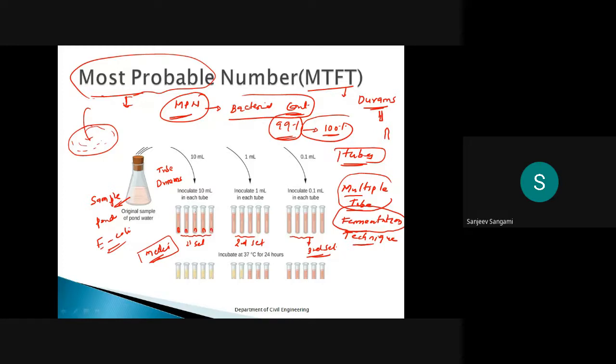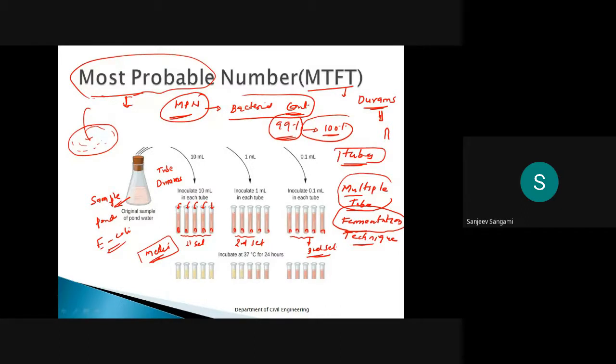Durham's tube is a very small tube which will enter into the bigger tube. Like this, you add it to all of them.